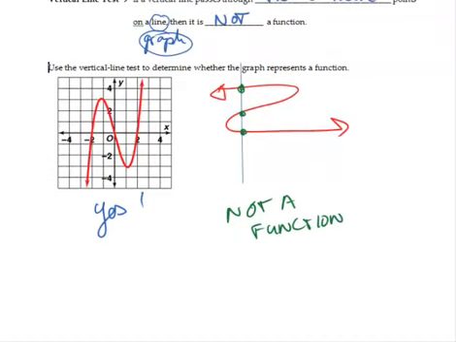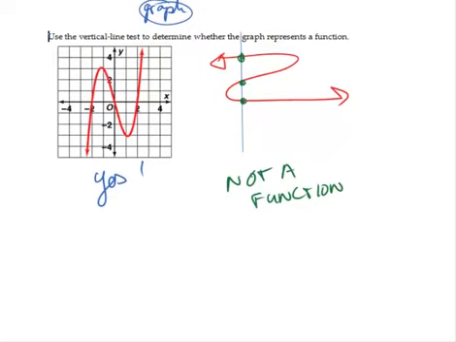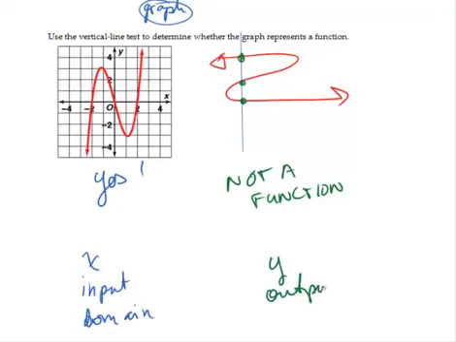So when we're talking about a function, remember it's some connection between x values, input values, domain values. All those words mean the same thing. And some connection between y values, output values, and range values. All those mean the same thing. The main idea is that one x goes to a unique y. You cannot have a split. When you have x going to 2 different things, that's not a function. Okay? But as long as it has only one unique y value,